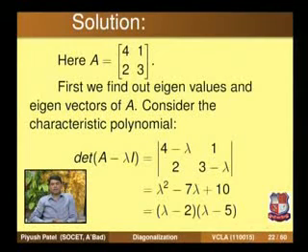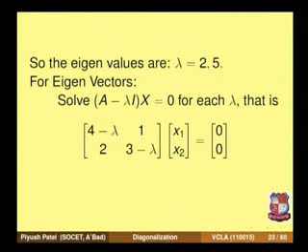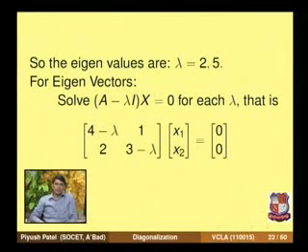After expanding this determinant, we have the polynomial in lambda of degree 2, that is lambda squared minus 7 lambda plus 10, whose factors are lambda minus 2 and lambda minus 5, and we know that the eigenvalues are the roots of this characteristic polynomial. Therefore the eigenvalues are 2 and 5. Now here we have a total of 2 eigenvalues and both are distinct, therefore we would get exactly 2 linearly independent eigenvectors, that is for sure. Therefore this matrix can be